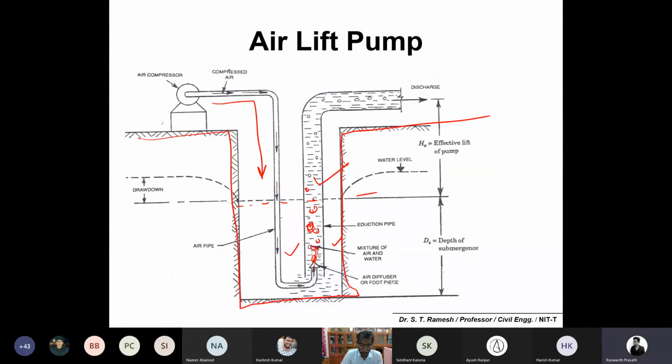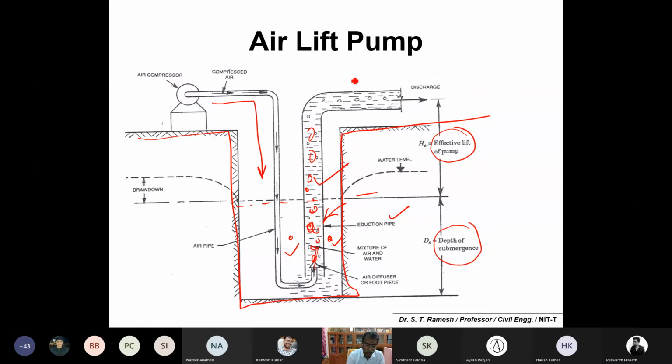Yes, sir. Okay, so here you can also mention the depth of submergence and the effective lift of the pump. How to allow the compressed air into the system: the mechanism is very simple, you allow compressed air and it forms small bubbles. This pipe is the ejection pipe. Compare the density inside and outside, and the lighter mixture inside the ejection pipe will cause